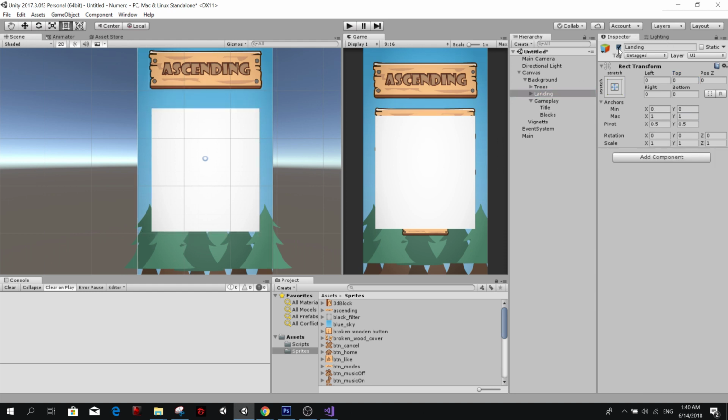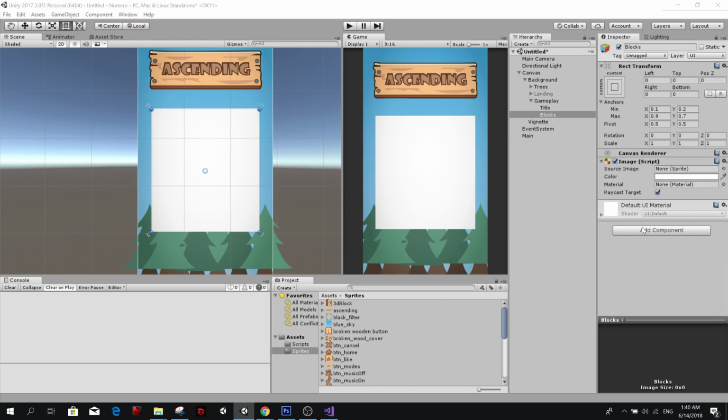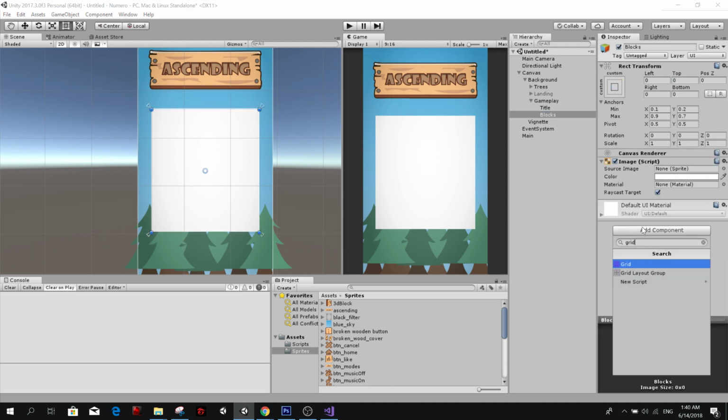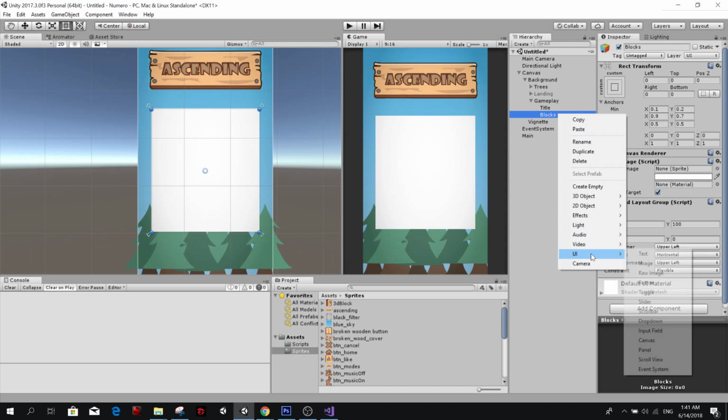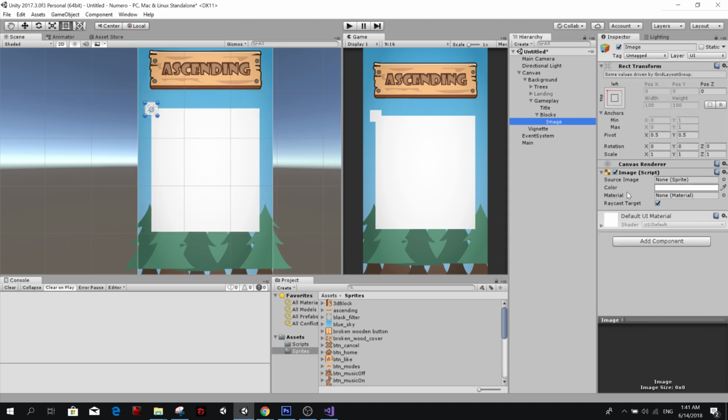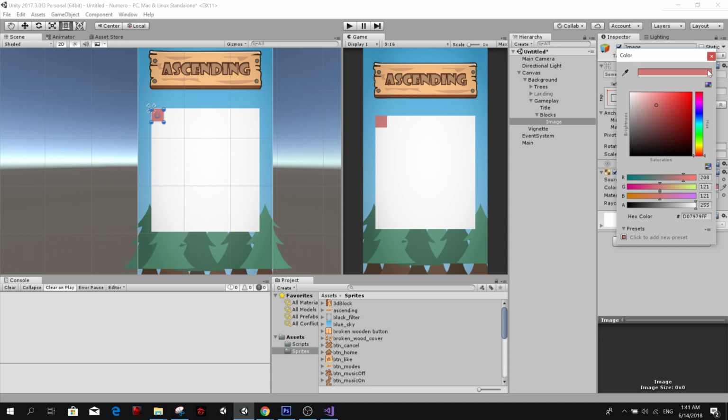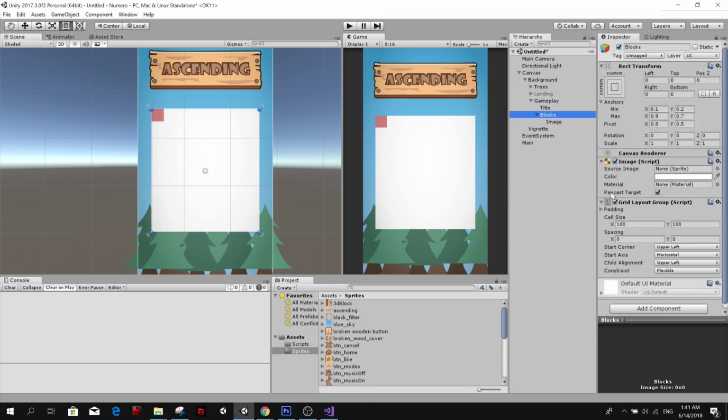Remember that we're going to turn off our landing when we're playing here. So blocks is going to be a grid layout. Yay. So let's try it with an image inside. The image can be another color. We're trying. So blocks. The cell size is going to be something like 250. Is it 200?